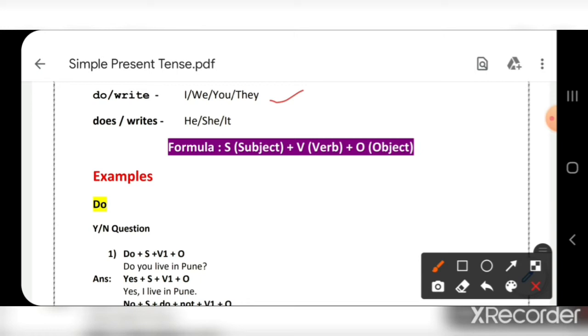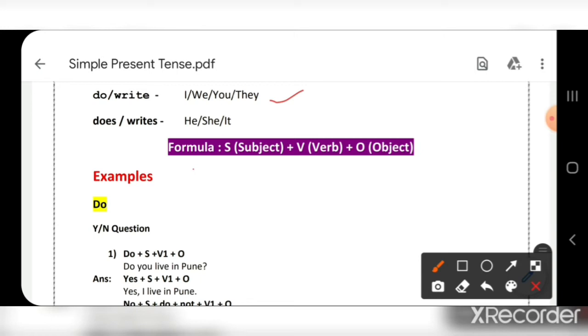You will definitely get a clear idea from that, and I've given the link in the description box. So now here is do. Do is used